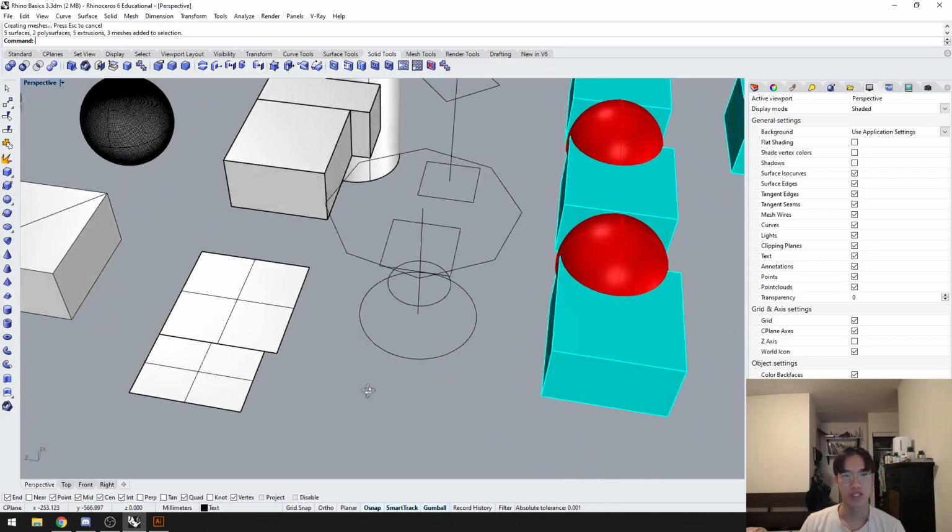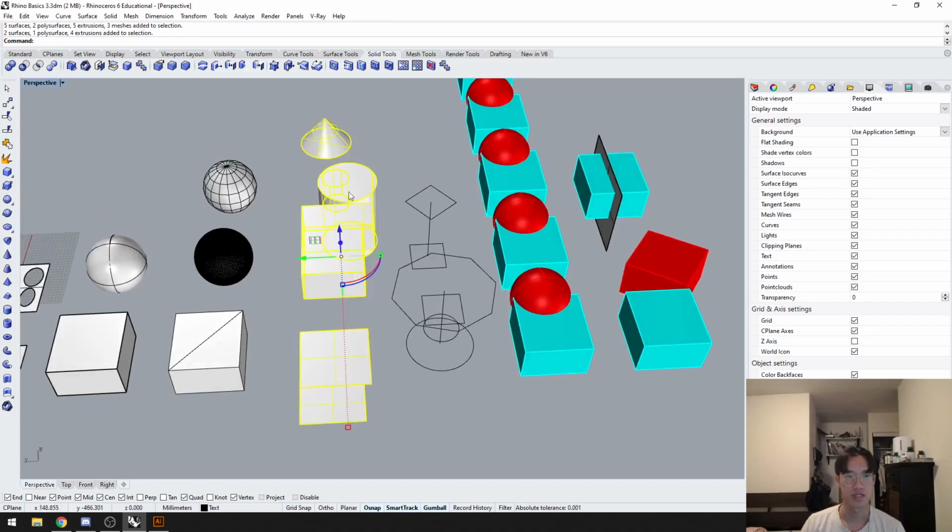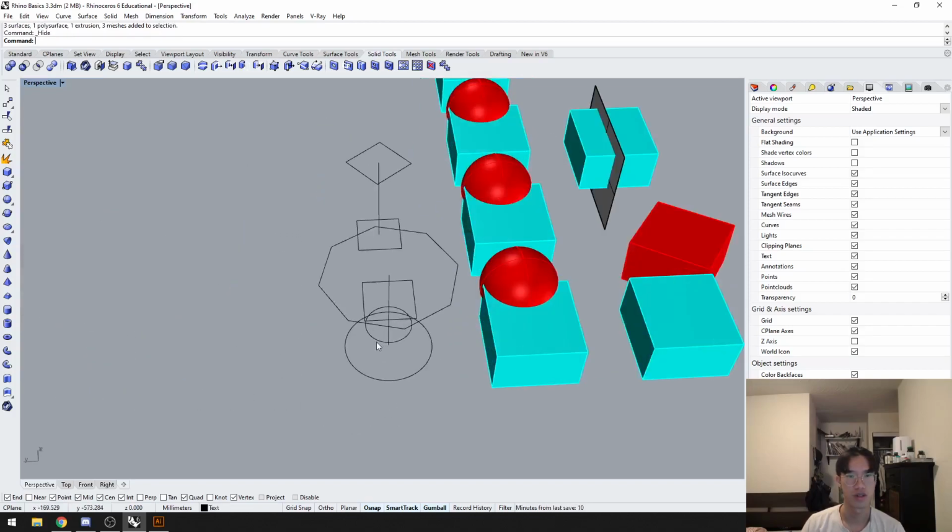Another way to create solids, and this one's especially true for